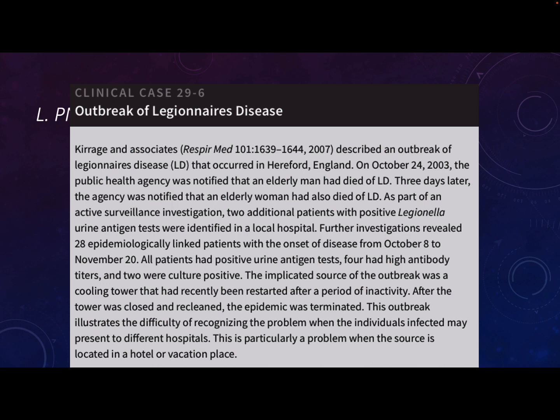So imagine, right, a 2 to 10 day incubation period, and let's say I stayed in a hotel last weekend. So I was in a hotel last weekend, and now I start to feel sick. Well, I was in Santa Cruz. So I'm no longer in Santa Cruz. So I would go to the hospital here in Turlock, or I would probably go to Modesto because that's what my insurance covers. So I'd go to Modesto to the hospital.